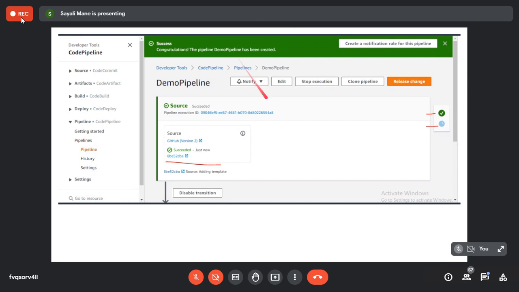In the viva, the external will ask you, okay, what does this symbol indicate? It indicates that your respective pipeline has been successfully created, and this blue one indicates that your respective pipeline is in progress. Okay. So please try to note down the little details of every practical.